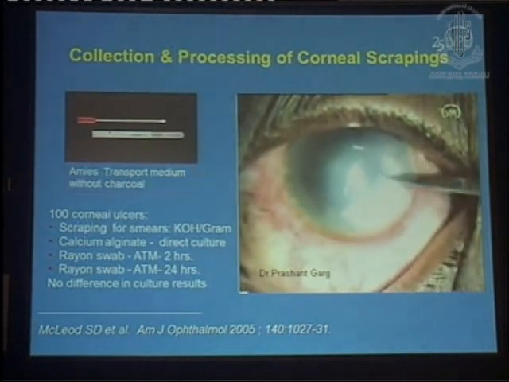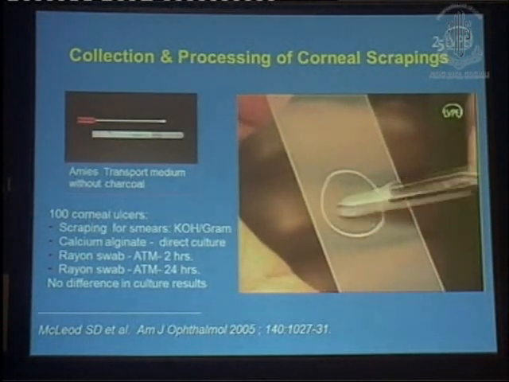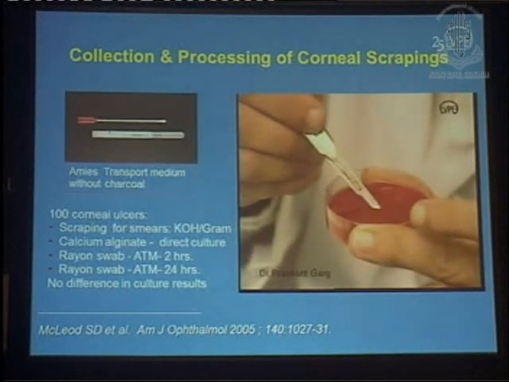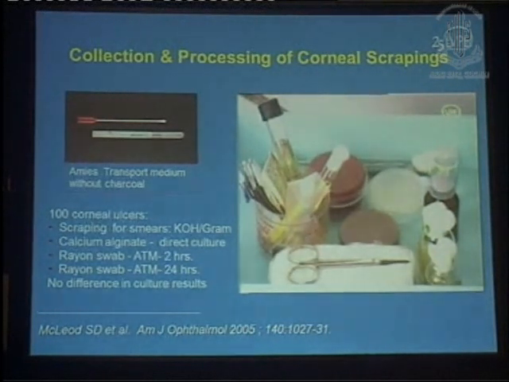Alright, now collection of sample from a corneal ulcer patient is one of the controversies which many people have. I have read articles where they collect with a swab. As far as I know, and from a very large amount of evidence that is there, we should not be using swabs for collecting samples. It is always either a Kimura spatula or a number 15 blade or some metal spatula that you have to take. And transport of the sample is also not recommended.